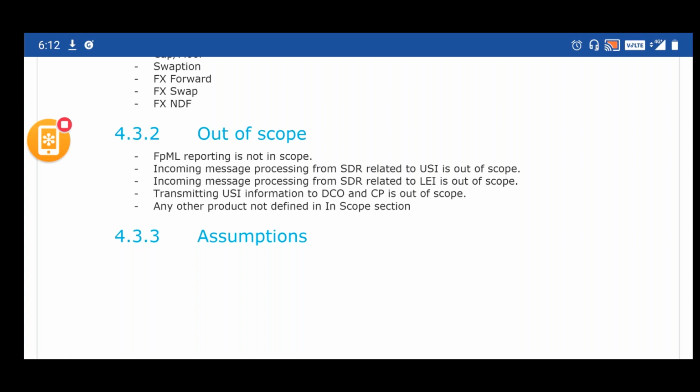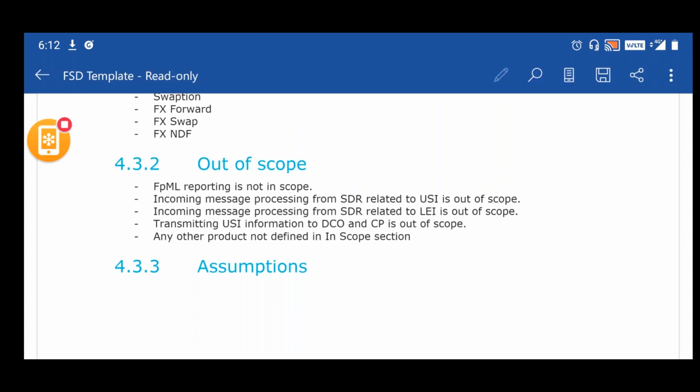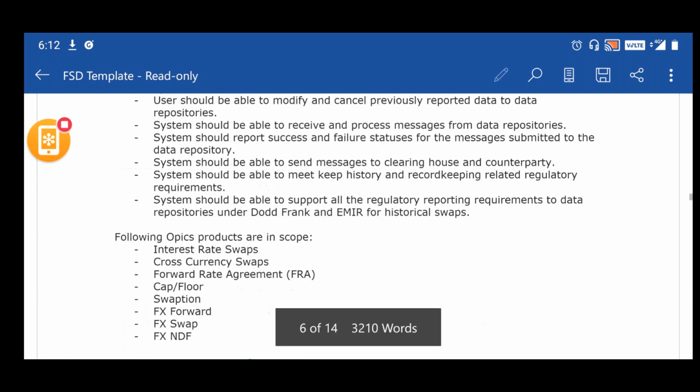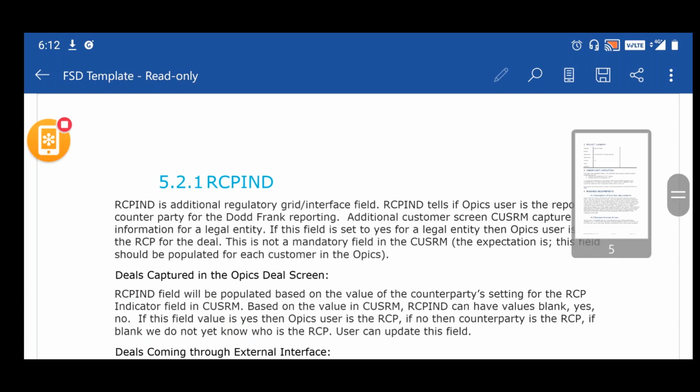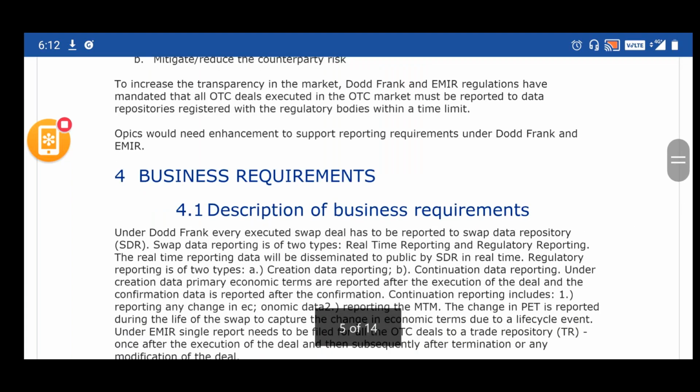So these items may be outside the scope of the project, or for some valid reason, whatever is out of scope needs to be mentioned here, so that the developer's concentration would be on developing the set of requirements defined here.